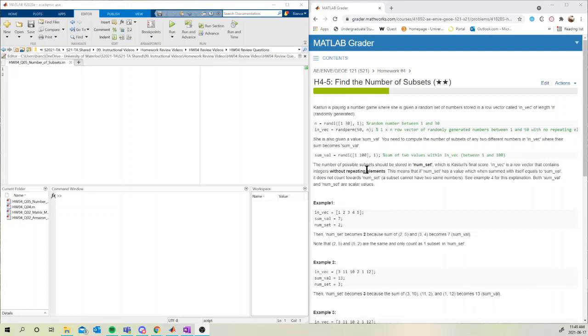Let's now take a look at question 5 from homework 4, which is finding the number of subsets. So in this question, you are given a vector called invec, which is a 1×n row vector of randomly generated numbers between 1 and 50 with no repeating elements. And n is a random number between 1 and 30. So invec could be as big as a 1×30 row vector, populated with random numbers within it. And we're also given a variable called sumVal, which is the sum of 2 values within invec, and we want to see